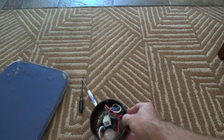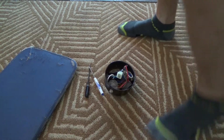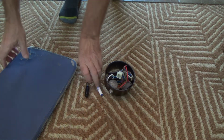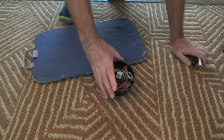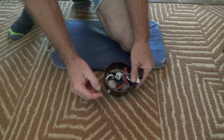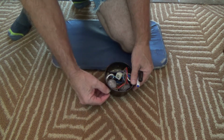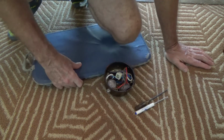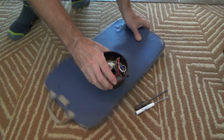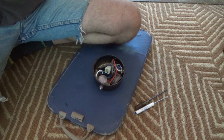Okay, so this one I've got to pull out and I'm going to show you how to do that right now. See, the reason why we have to pull that out, it's stuck in medium, and so I know if I could grab the chain, I could pull it to low and then pull it again to off and then pull it again to fast. Well, I can't do that this time. So there's another trick to this. Let's just see